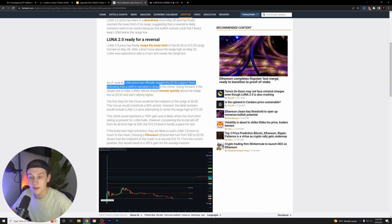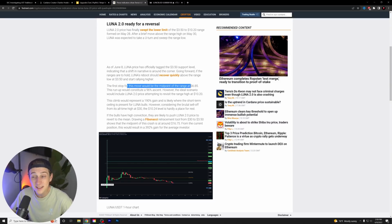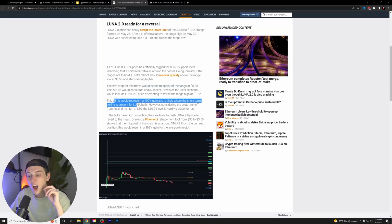Going forward, if these ranges are to hold, Luna's reboot should quickly recover above the range low at $3.50 a coin, and of course start rallying higher. The first stop of this move should be a midpoint at the range of about $6.85, and the run-up would constitute a 96% ascent. However, the ideal scenario would include Luna 2.0's price attempting to revisit the range high at about $10.20. This climb would represent a 190% gain and is likely where the short-term ceiling is present for Luna